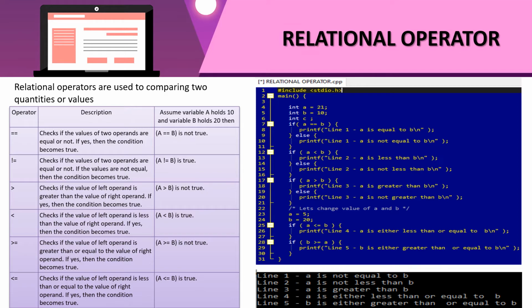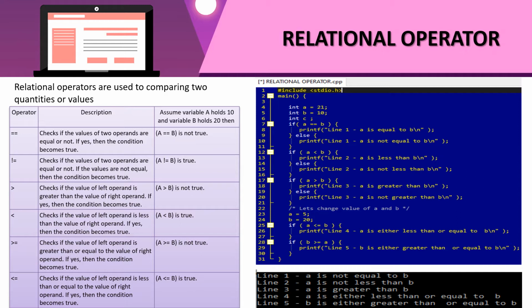The next relational operator is the greater than sign. It checks if the value of the left operand is greater than the value of the right operand. If yes, then the condition becomes true. Now with these values, A greater than B is not true.